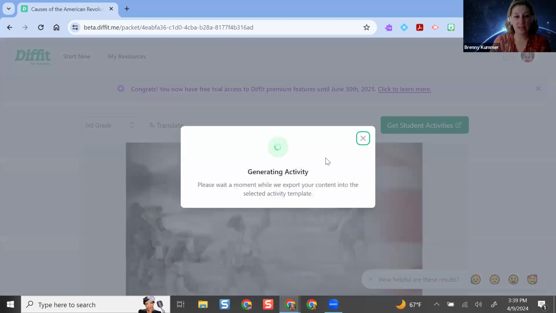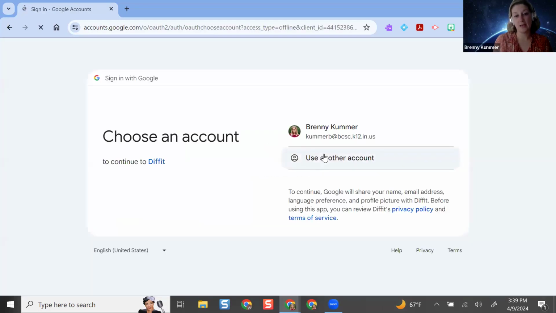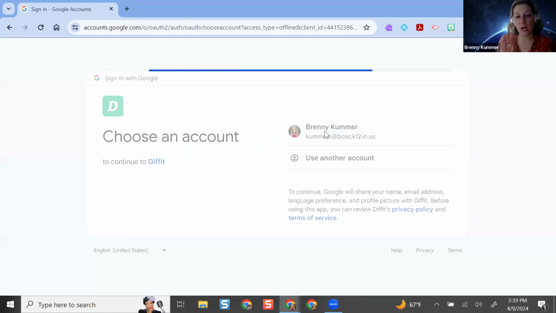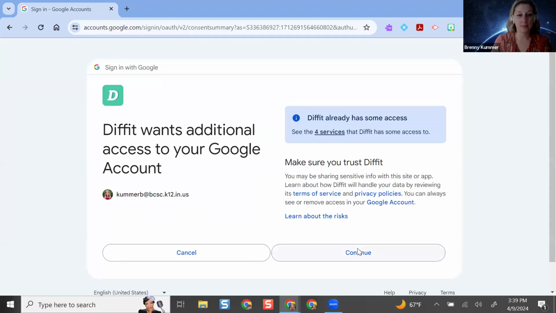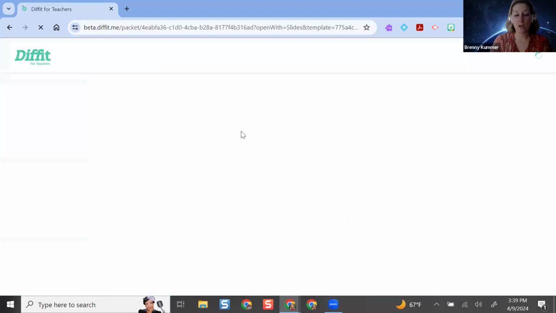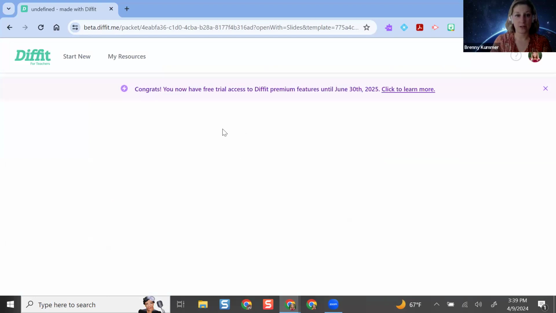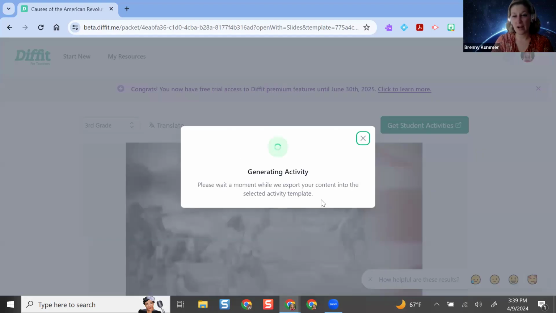If I click get activity, this is where I can go in and get my own Google document. Usually it's a Google slide just so you can add in pictures and customize it a little bit better, but it's pretty amazing and it's totally easy to use. So I have it in my drive and then I can attach it to a Canvas assignment, send it to students, or I can just give my students access to the link to where they can make their